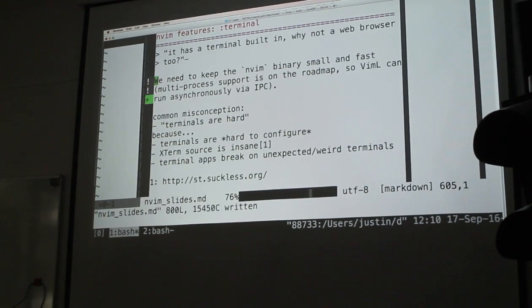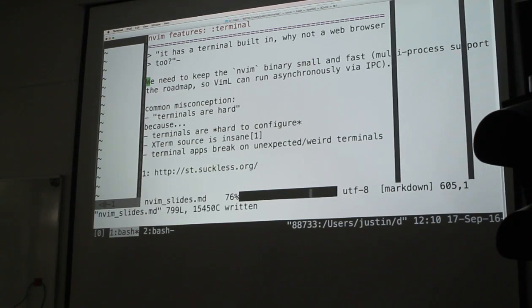So people think that terminals are like some huge, complicated component, and if your application includes a terminal emulator, then it's bloated. But that misconception comes from the fact that people fight with terminals. This is my speculation.